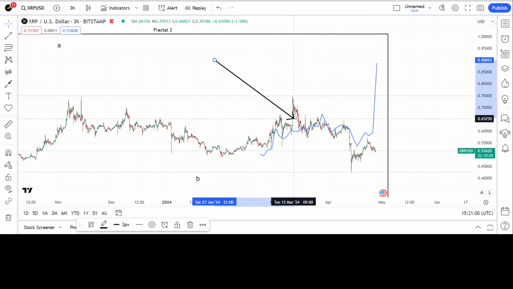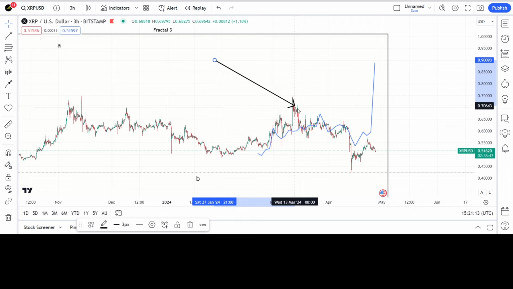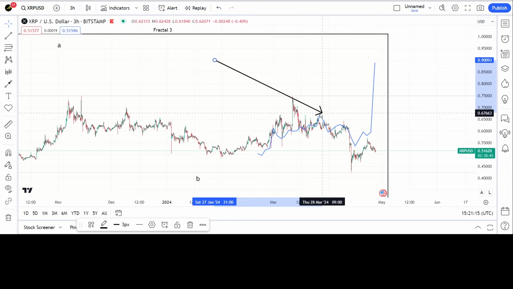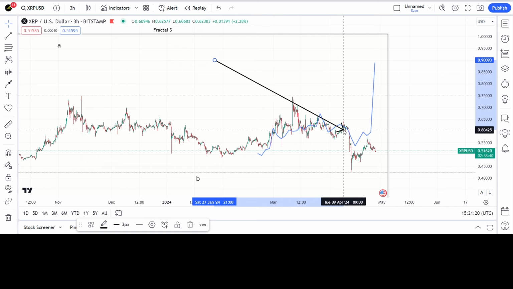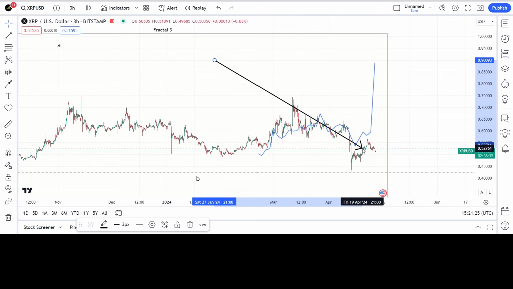Now, even though this peak took place over here versus over here, it's still acknowledged in the fractal over here. So while the timing, height, and depth of this iteration is different from this fractal, it's still doing the basic idea. So it is this fractal that lends weight to the idea that we are actually near the end of